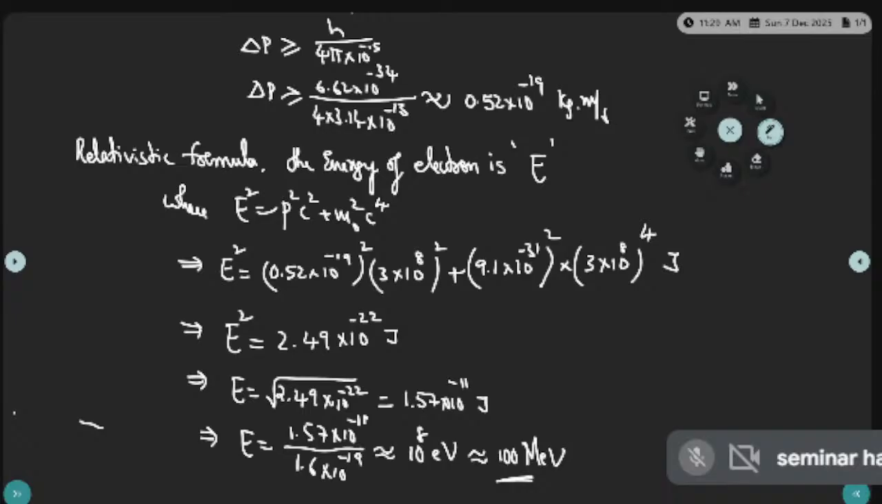Our assumption is wrong. Our assumption that electrons are present inside the nucleus is wrong. In this way we can prove. But the electrons emitted during beta decay of radioactive nuclei have energy less than